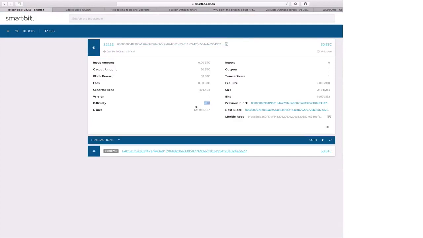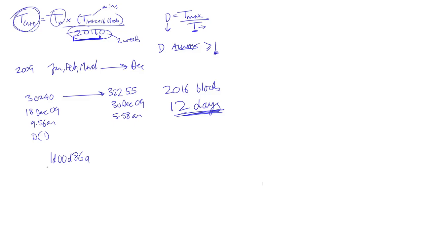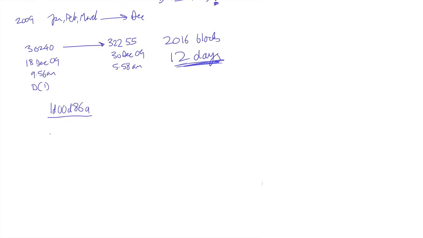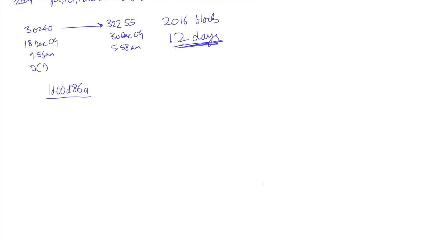We see here they report the difficulty in bits, right? So it's 1D00 D8 6A, which is this number here. So, just to hammer home the point about how to convert the bits into the target, these are the most significant bytes of the target. So we write these down: 00 D8